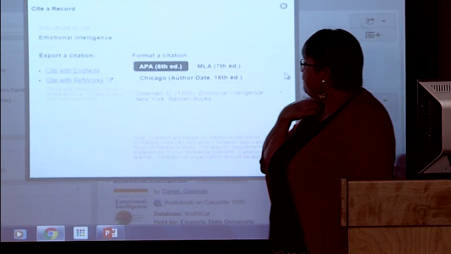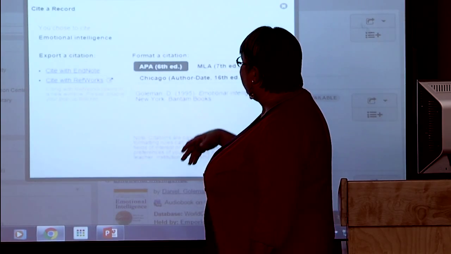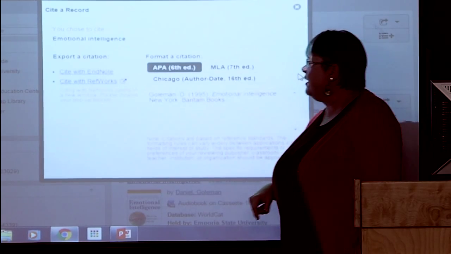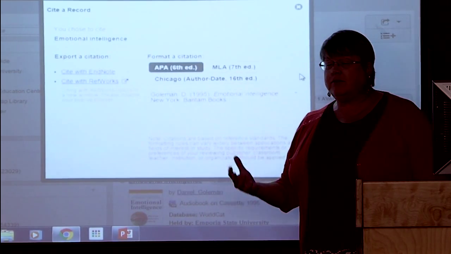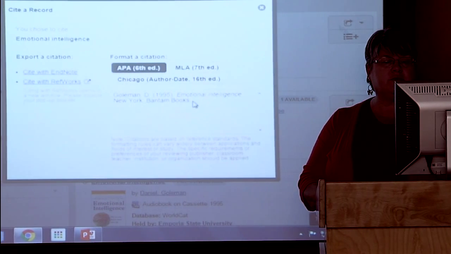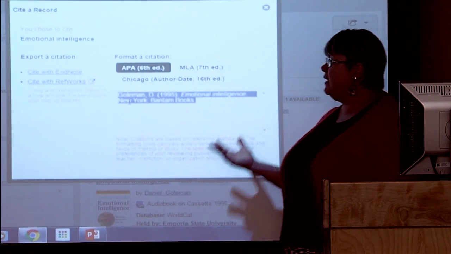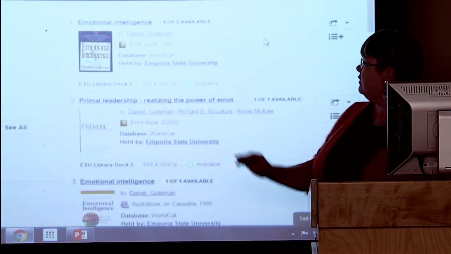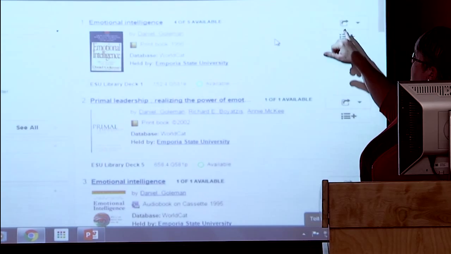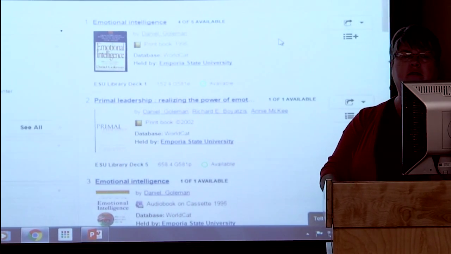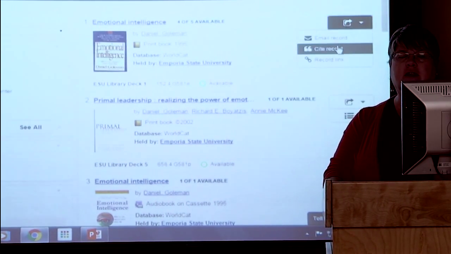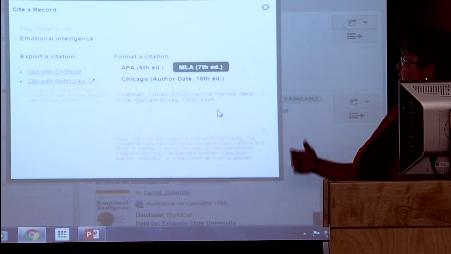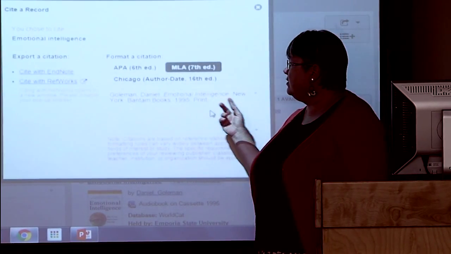And this one is right. As I said, I look at them quickly just to see if they're correct. But this one is correct in terms of how they've cited it. But it's always good to check. So if I wanted to use this one, I could copy it and paste it into my resource. So what I did was I went over here to this arrow, clicked on that, and just clicked on Cite Record, and then picked the type. So there's the MLA citation.